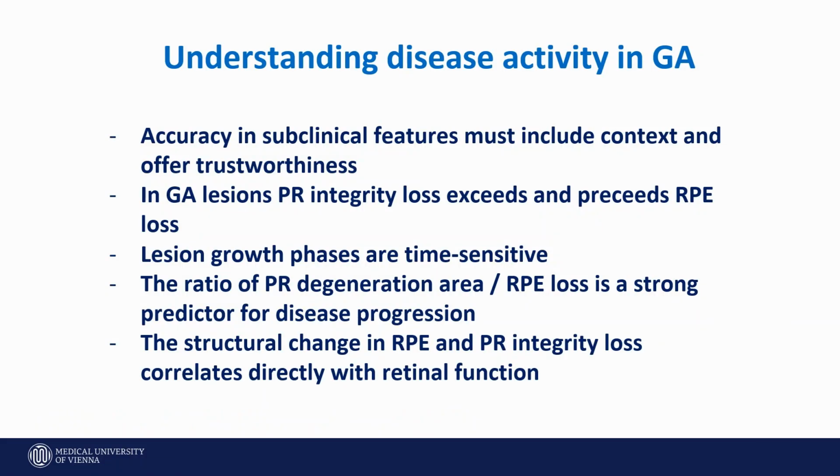So AI helps us significantly to understand disease activity. It provides accuracy in subclinical feature detection. It allows an understanding of how disease activity works, and it provides parameters that can make predictions. And this is